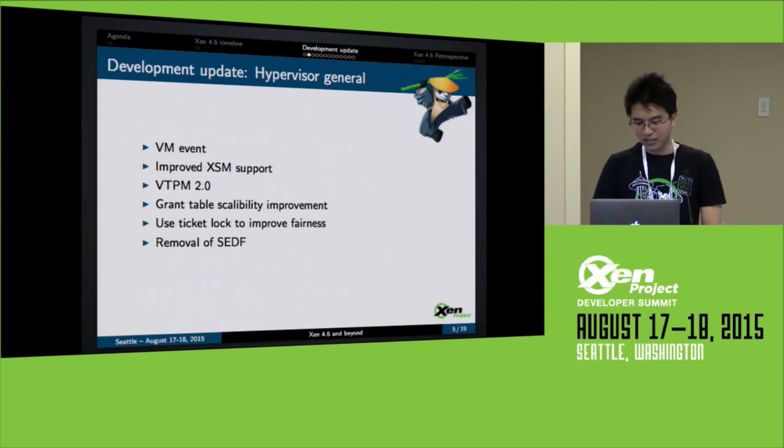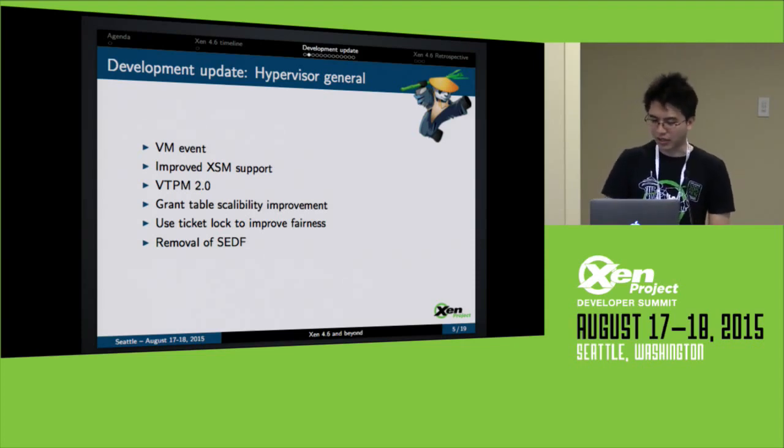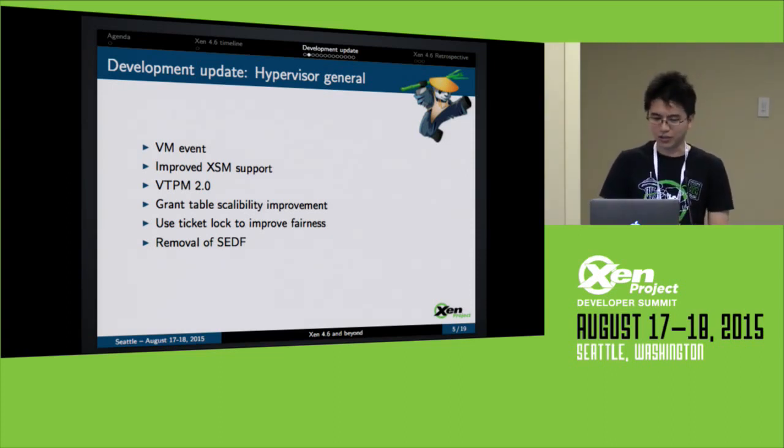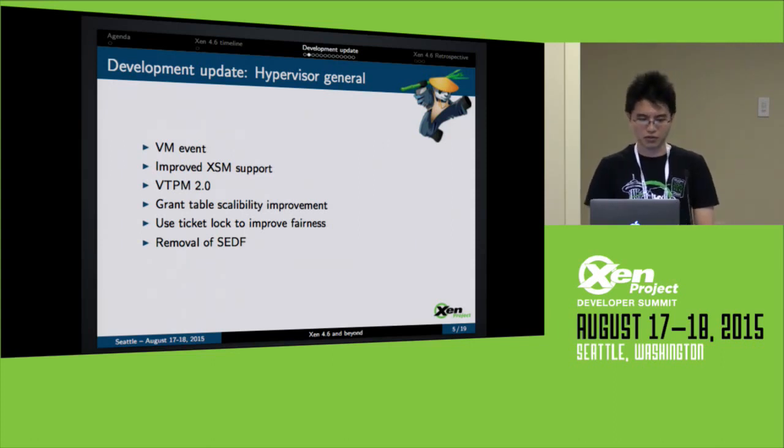And then also in this release cycle, we have improved XSM support. XSM is short for Xen Security Module. It's a bit like SELinux in Linux. It's developed by the NSA, and now the support is much improved. In this release cycle, we fixed a lot of things in the default policy, and we also tested it in our test colo. The ulterior goal is to enable it by default so that we have a much more secure default setup in the hypervisor.